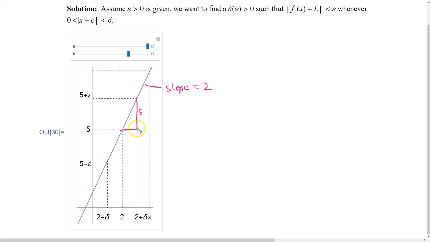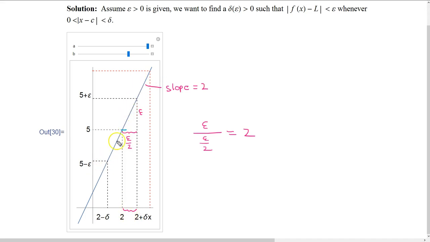So if this distance is epsilon, then this distance is going to be half of epsilon. Right? Because epsilon divided by epsilon over 2, well, that's going to be 2, simplifying that fraction. So that's why our delta, this distance, is always going to be epsilon divided by 2, because this is a